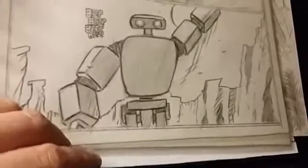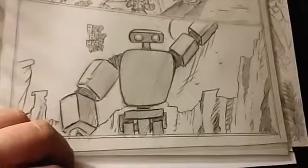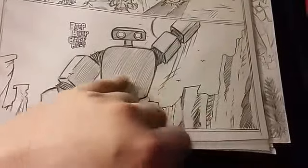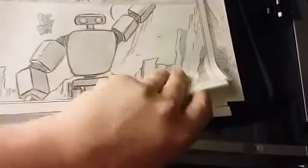Which I don't necessarily disagree with, but I was going for a cartoony thing. But I really like the birds. I put the birds in there to try to give you a scope of how big this thing actually was, but I don't know if it came across that way. Anyway,